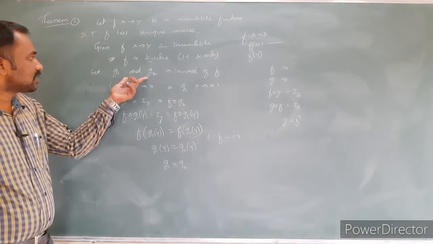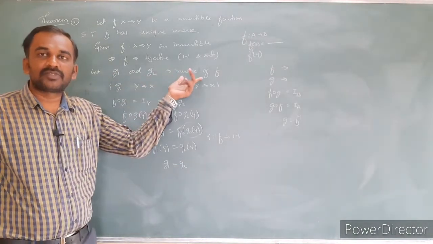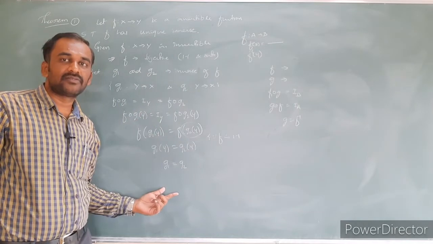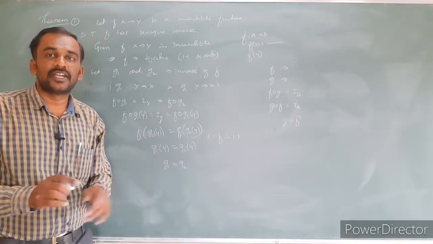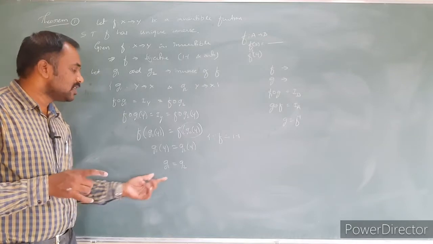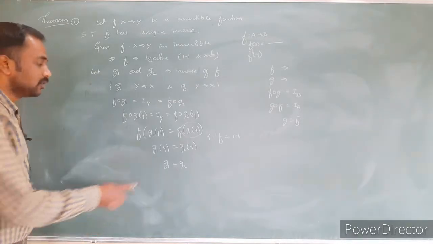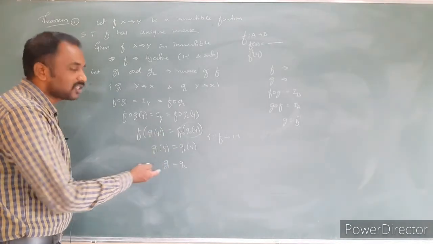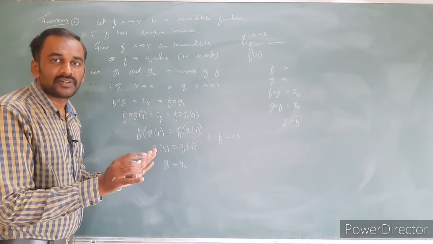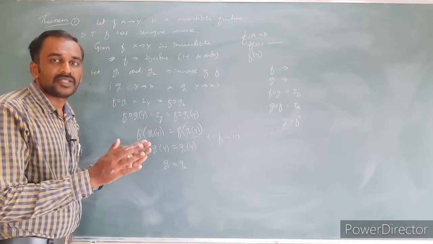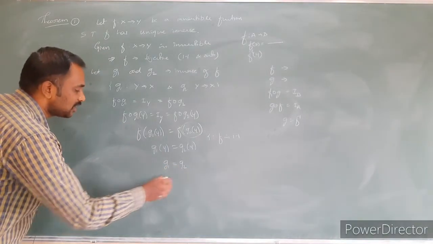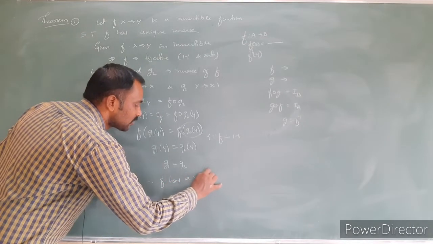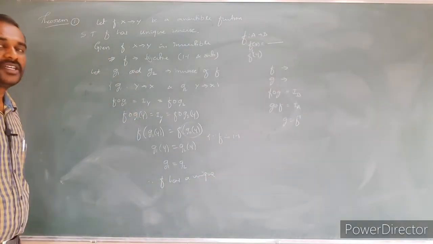Here earlier we considered that G1 and G2 are inverses of the function F. These are the two different inverses we considered. But here we arrive at the result: those two are not different. Those two are none other than the same. G1 is equal to G2. Therefore, from two different inverses I assumed, we got the result that those are not two different inverses. They are none other than the same. They are equal. From this we can conclude that F has a unique inverse.